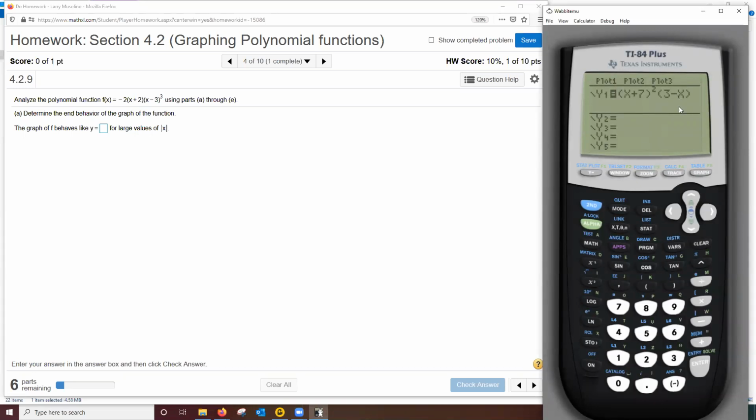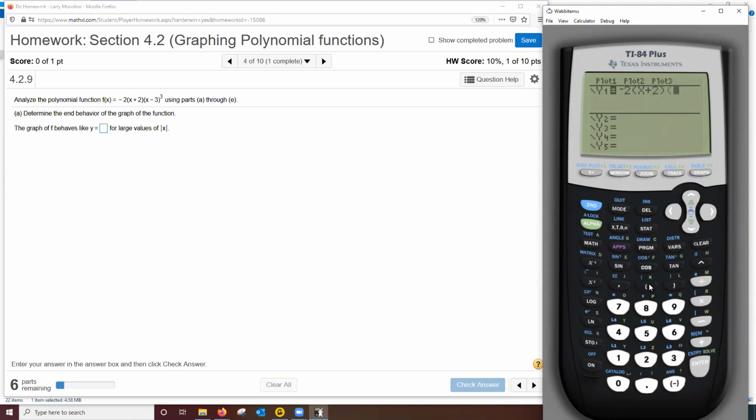And let me change this. I'm going to delete. I can hit clear here. I just hit the clear button to wipe out the previous example. Let me type in our function. It's -2(x + 2)